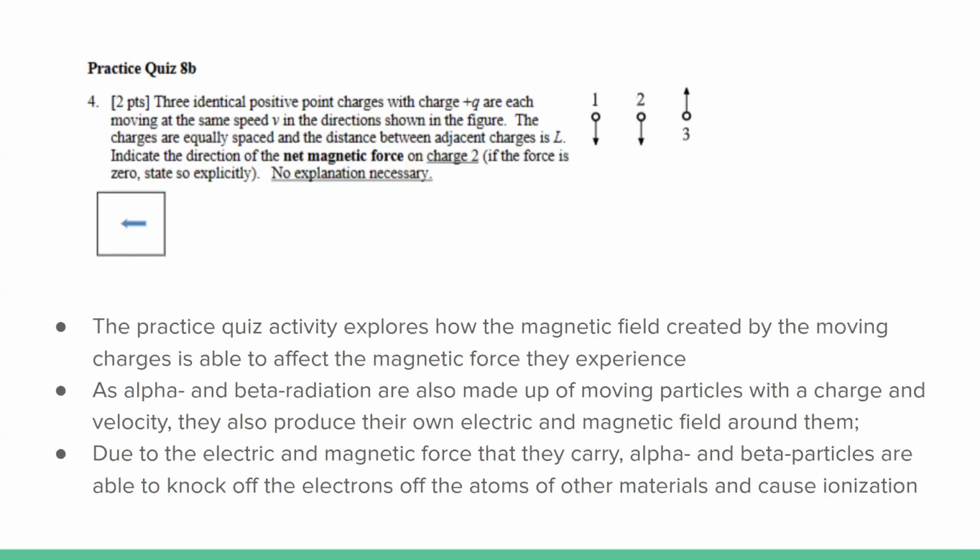The third example we did from class material we covered today is from practice quiz 8B, where the practice quiz activity explores how the magnetic field created by the moving charges on the screen is able to affect the magnetic force they experience. This connects to the topic we got about alpha and beta radiation, which are also made up of